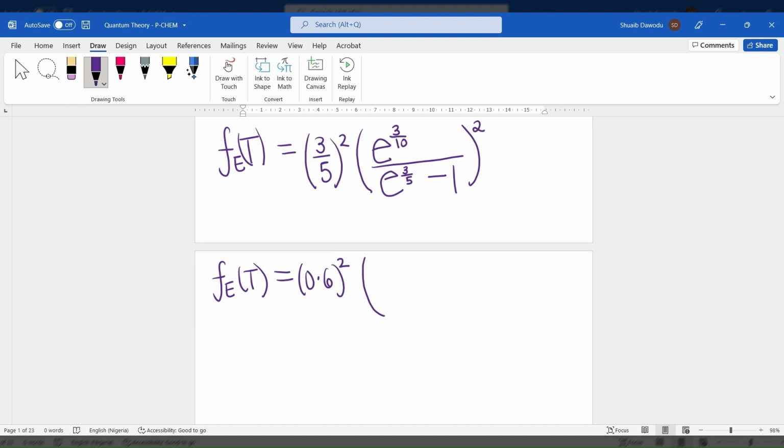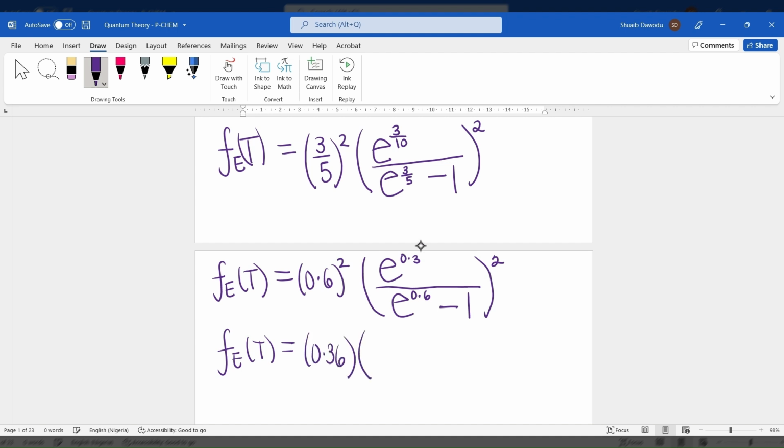So you have e to the 3 over 10, which is simply e raised to the power of 0.3, divided by e to the 3 over 5, which is again 0.6. So e raised to the power of 0.6, minus 1, all squared. So f sub e of t, which is what we're solving for, will be 0.6 squared, which is simply